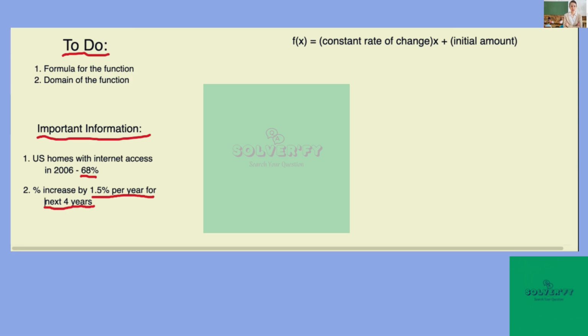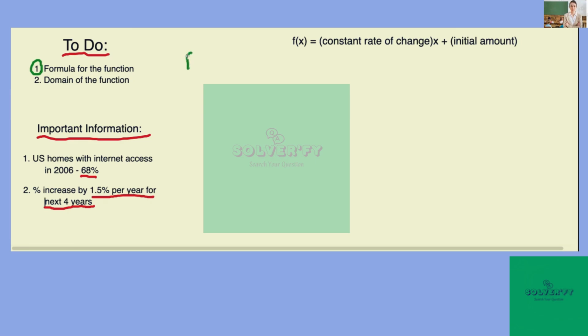So for the first thing to do, the formula. Remember earlier in the chapter, they gave f of x equals the constant rate of change times x plus the initial amount. This is just a general way to think of the formula that we're going to make for the function. So the first thing I'm going to do is say that my function is going to be